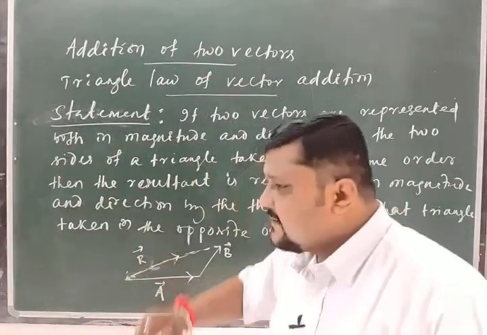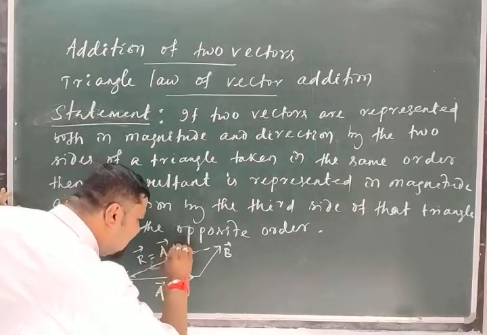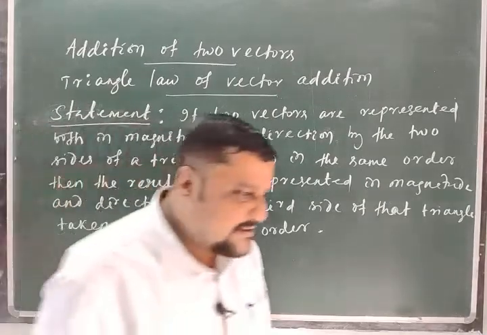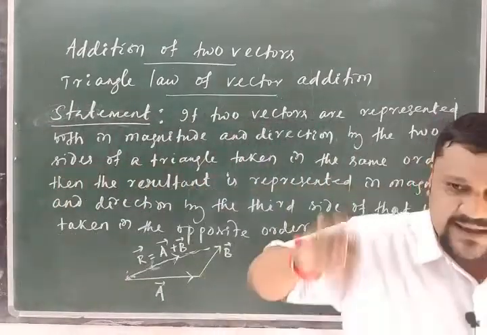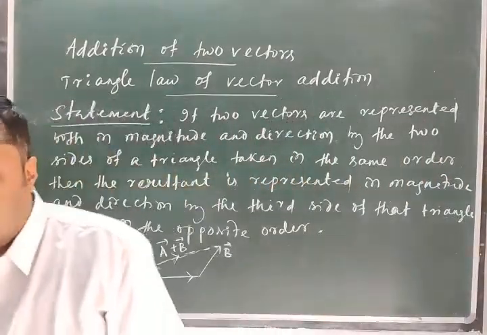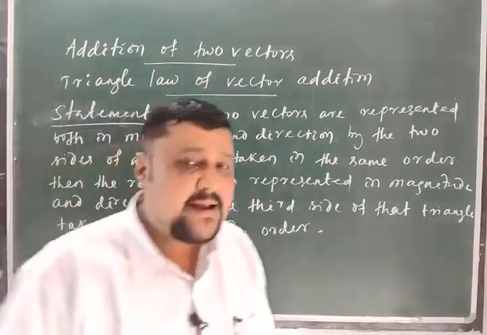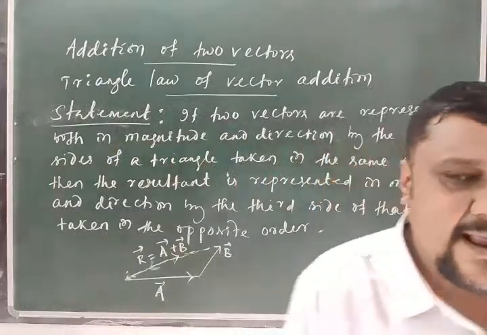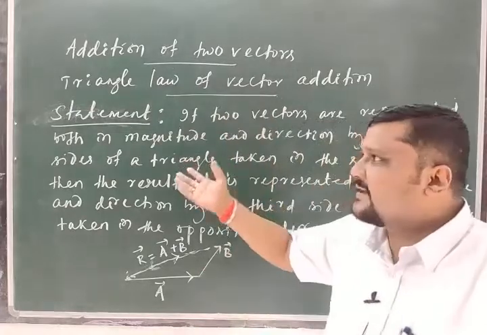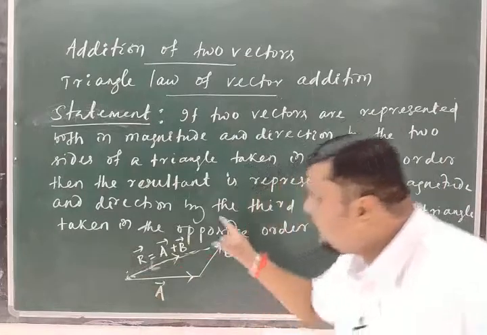So this represents the resultant, and R is equal to the addition of vectors, so you can say vector A plus vector B. Why are we doing it like this? Because in the beginning, when we discussed vectors, we said that scalars are added algebraically, but vectors are not added algebraically, they are added geometrically, and their addition is different. That's why we are using these laws. Is that clear? So this is the geometrical addition.